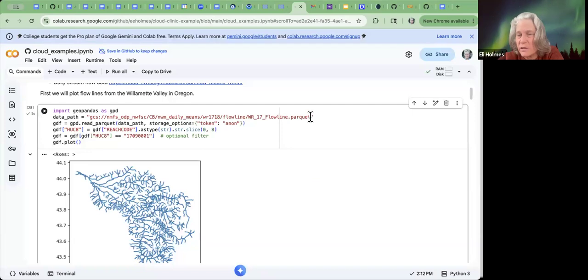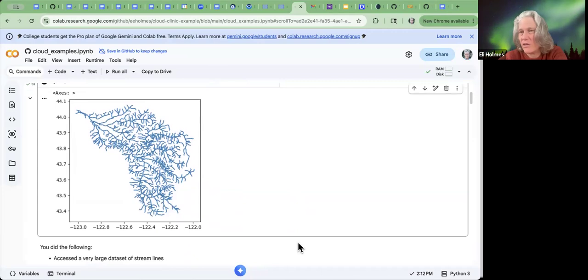This is a very large file of all this Streamflow data, and it is grabbing that. It didn't download it. It just loaded it into memory, and it loaded only the bit that I asked for. So even though this is massive, it only loaded what I needed into memory. You can see it took 5 seconds and it plotted all these stream lines out for me.